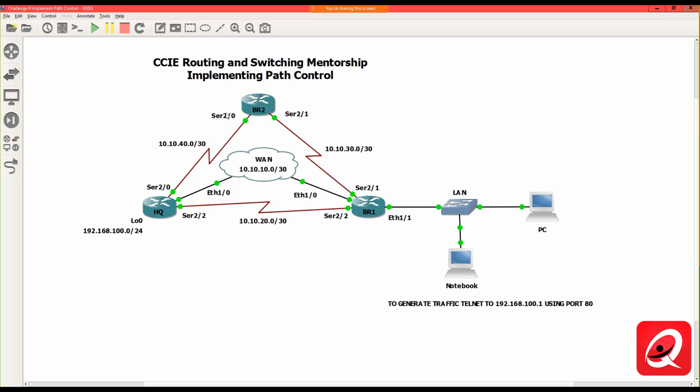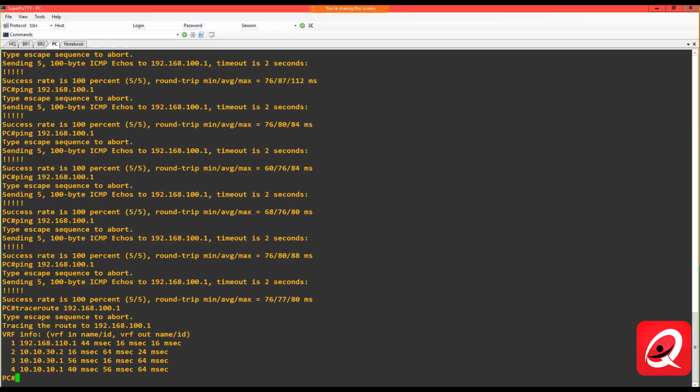But I see what's happening here is the traffic's going to 30.2, and then it's being rerouted back to 30.1, and then it's being sent over 10.10.10.1. So I'm going to have to specify a next hop instead of just specifying an exit interface, because that's essentially what's happening. The traffic is hitting the router. It's going up here to, because if I go to BR2,